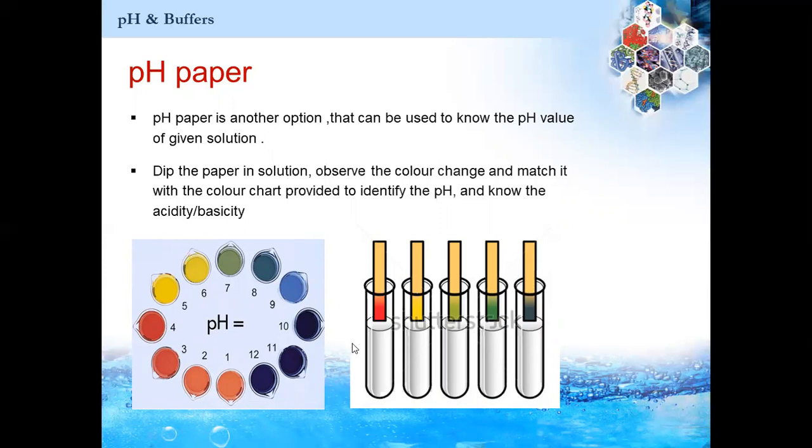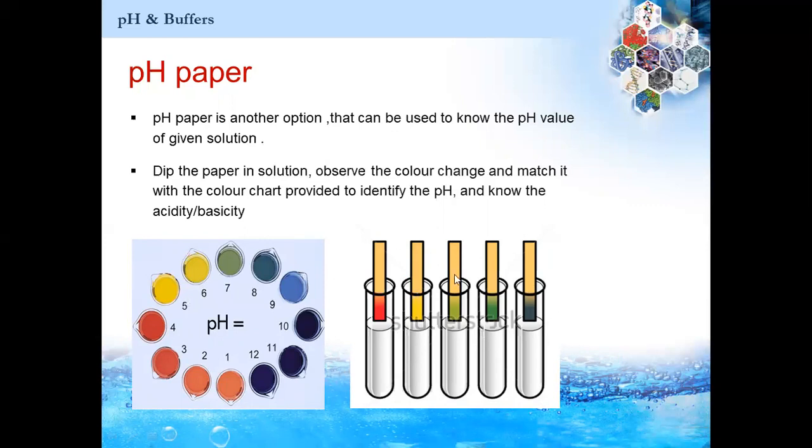As in this diagram, you can see this pH paper has turned red. So when we see the red shades in the range from 1 to 4, that is highly acidic. Again, if a pH paper is turning yellow, and when we compare this color with the color chart, it is falling in the weakly acidic zone, and green falls in the neutral zone, and shades of blue are falling in the basic zone.